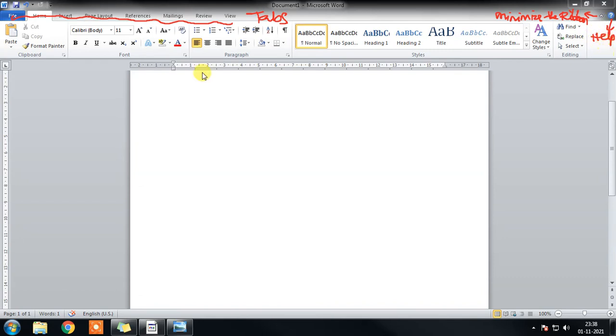So this is the name of the group and these are the commands, and this icon is called dialog box launcher. So these are groups.